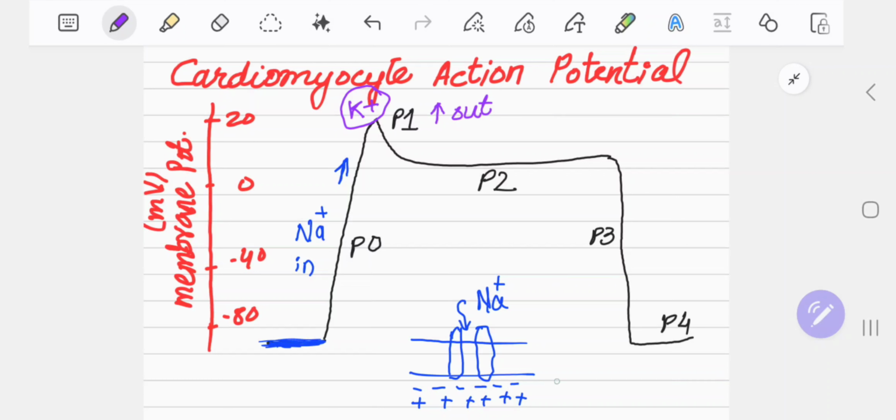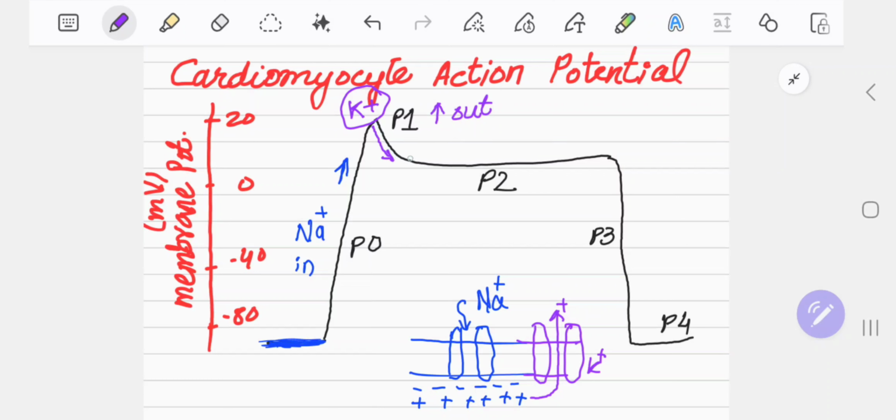As you can see here, this is the potassium channel, so now this positive ion is going out, which means that polarity is being established again. That's why the membrane potential will decrease,